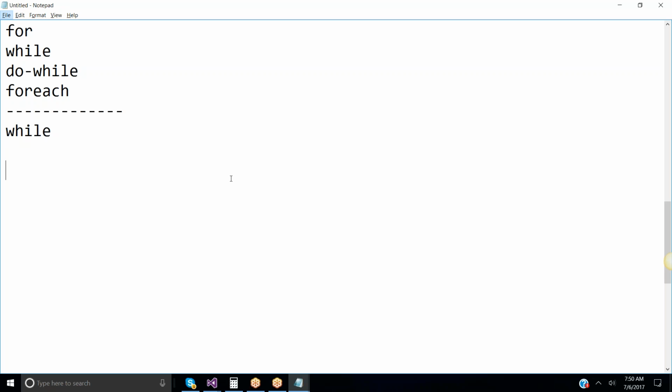Now listen here, all of you. Whenever you are taking the for loop, the initialization, the condition, and increment or decrement, all the things would be in the same line. Okay. Coming to the while loop,